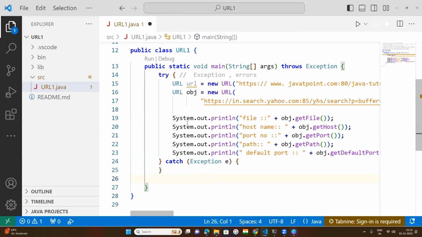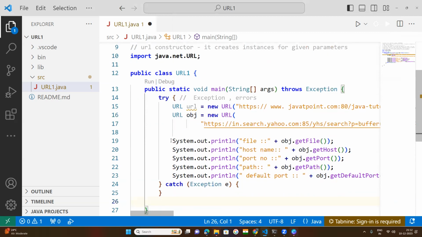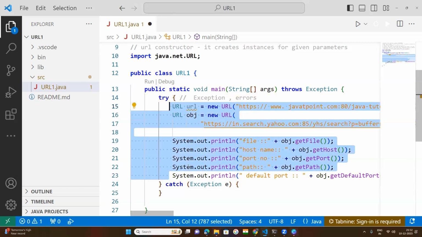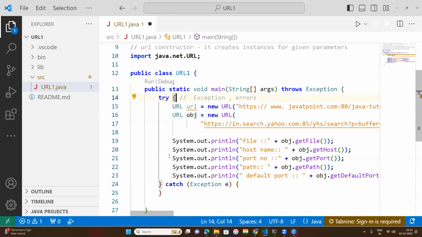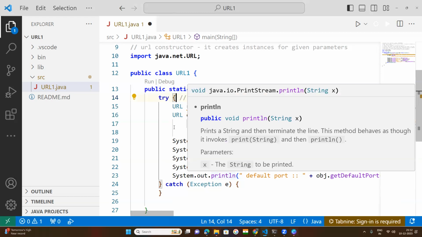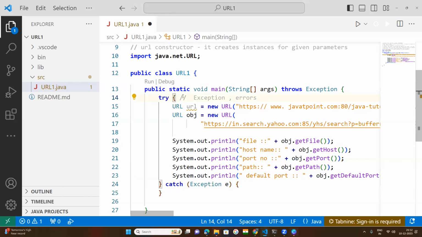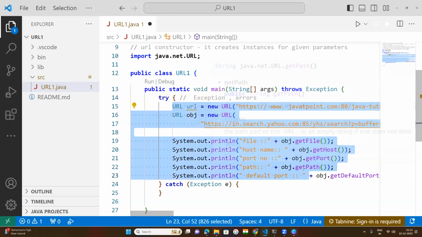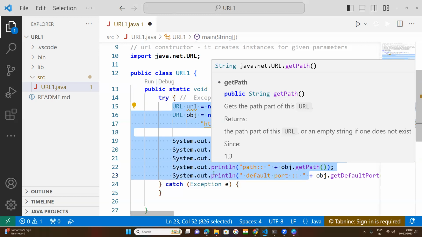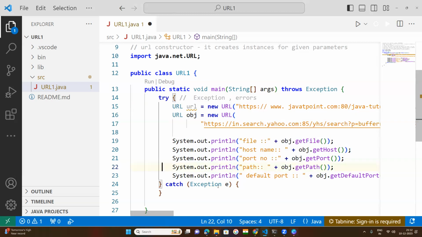My intention is for code to be executed up to the last line. So in whichever line I feel may throw an exception error, I put it in the try block. In a try block, you can keep a single statement or many statements. A block means some lines of code, five lines, ten lines of code. Okay. So in the catch block,